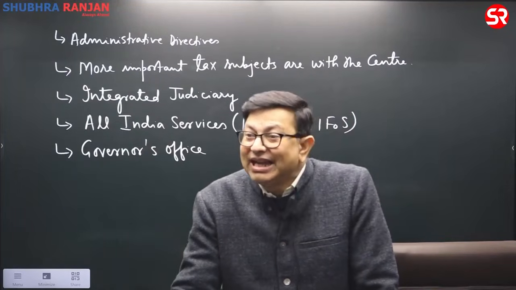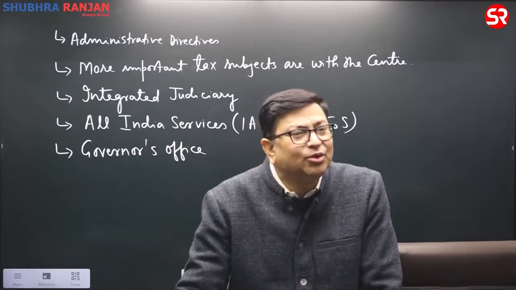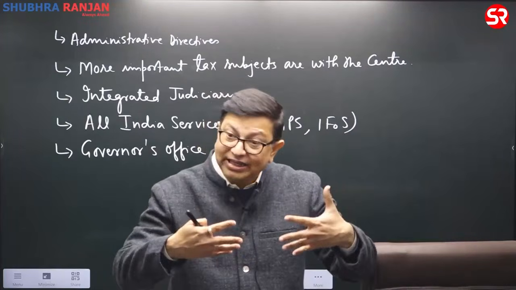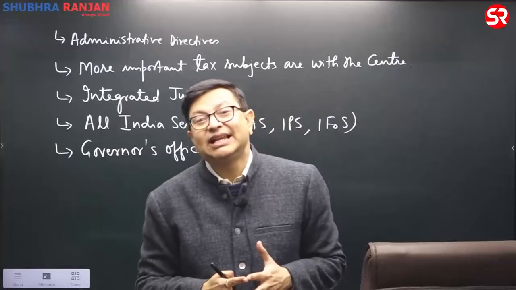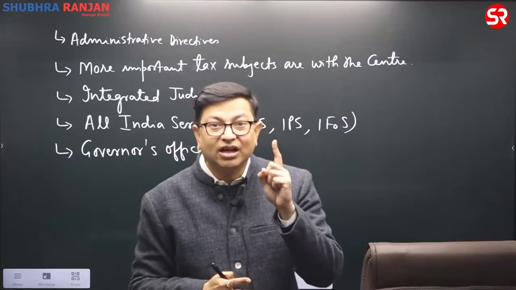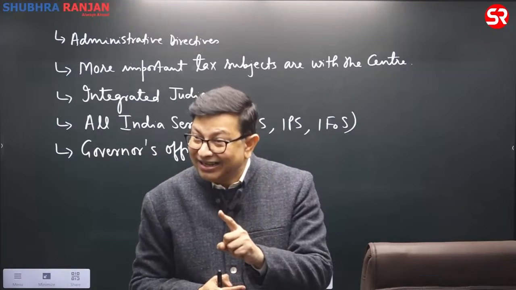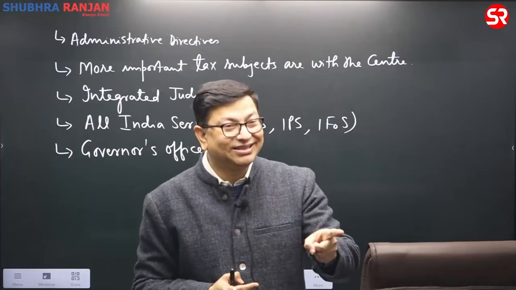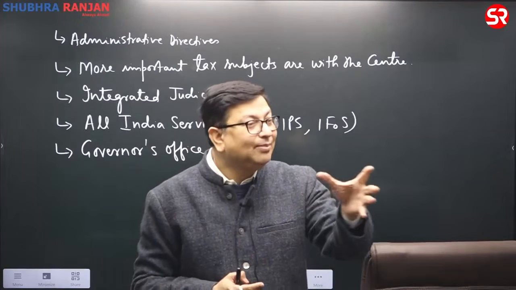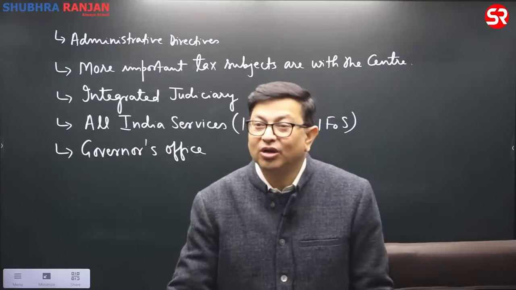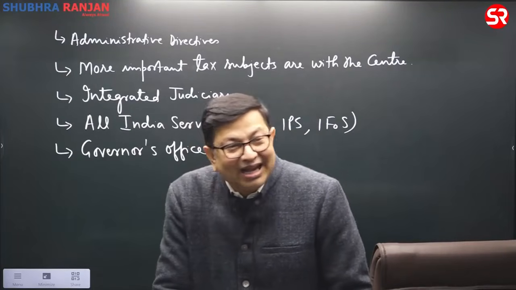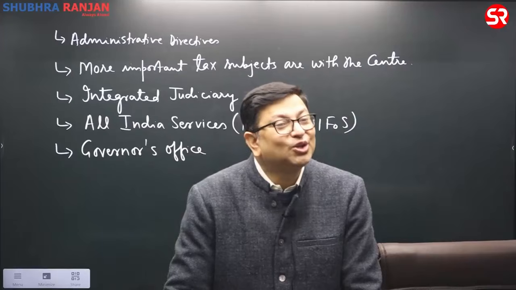What is happening inside the state, how will the central government come to know about it? He has to be a link. He has to be a representative of the center at the state level. And if the governor is an elected person, elected by the MLAs, he may not be able to perform the role as the representative of the center. And that is why this view was also rejected.